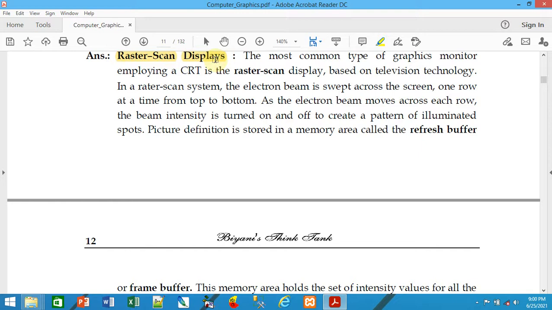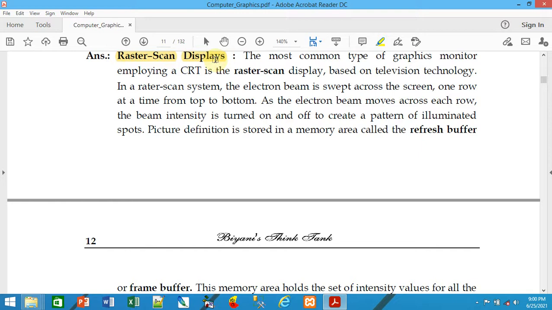As the electron beam moves across each row, the beam intensity is turned on and off to create a pattern of illuminated spots. When the electron beam is swept across the screen, automatically the beam intensity is turned on and off to create a pattern, as you can see on a mobile itself.